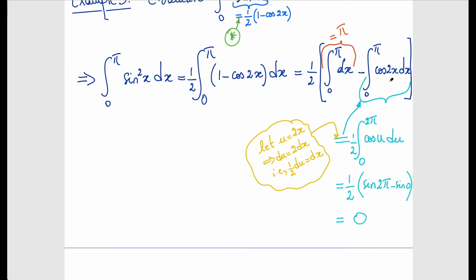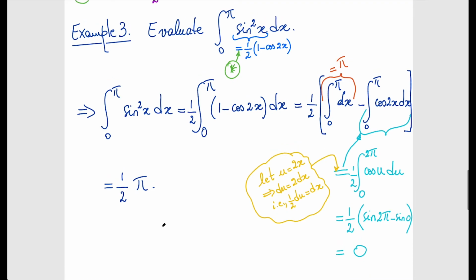So this whole thing is 0 then. So the answer is simply half pi. Okay. So the answer is simply half pi. Why is it half pi? Because that guy happened to be 0, and this is pi, and there's a half outside, so it becomes half the pi, which is 1 over 2 pi. Okay, so